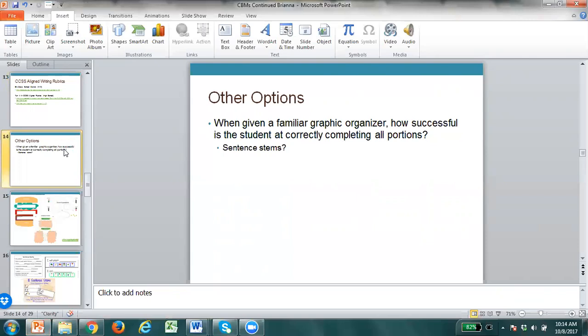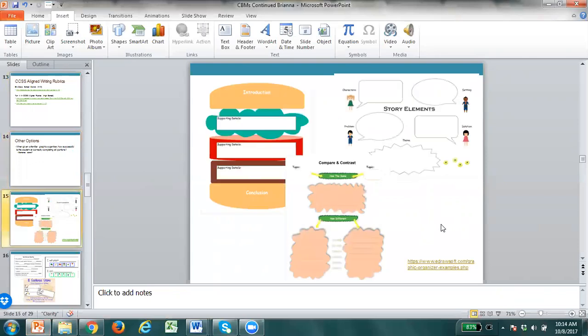So for students who are not quite there yet, some other ways that we can apply some sort of structure to objectively analyze their writing is through graphic organizers, or even if we need to drill back further, sentence stems to see what can they do, what can they not do right now when it comes to organizing and developing their writing. Here we go. So when I'm saying graphic organizers, I'm talking about things like this, where if a student is,